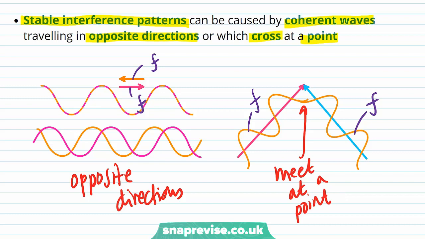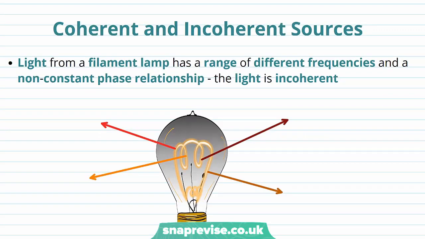interference pattern. So now that we understand what a coherent source is, and we've also looked at the stable interference patterns that two coherent sources can produce, we're now going to look at some examples of coherent and incoherent sources. Light from a filament lamp has a range of different frequencies and a non-constant phase relationship. The light is incoherent. So if we look at the light produced from the filament lamp, we know that a